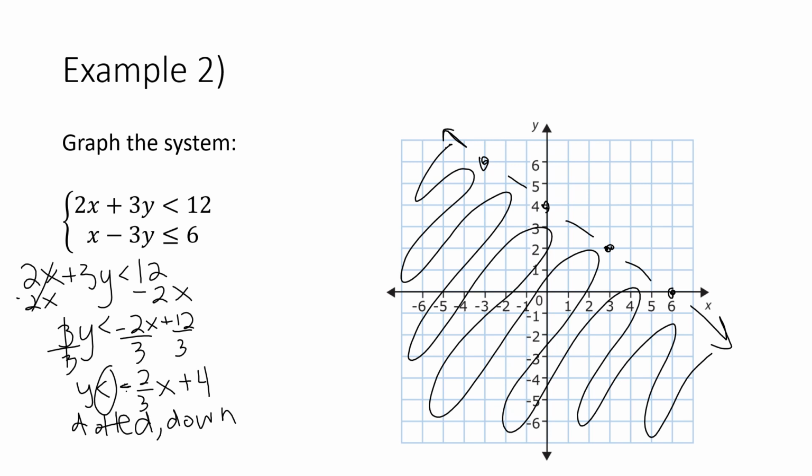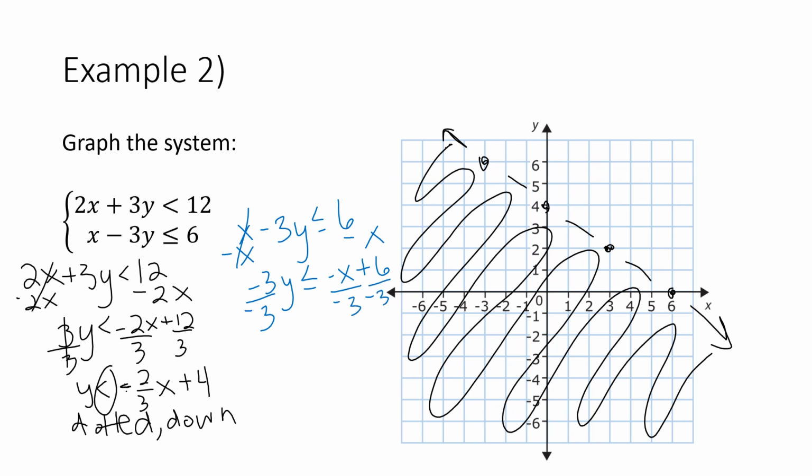Do the exact same thing for the second equation. So our second inequality, we have x minus 3y is less than or equal to 6. To get y by itself, we'll move the x over first, so subtract x on both sides. That'll be -3y is less than or equal to -x plus 6. From here, to get y by itself, we'll divide by -3